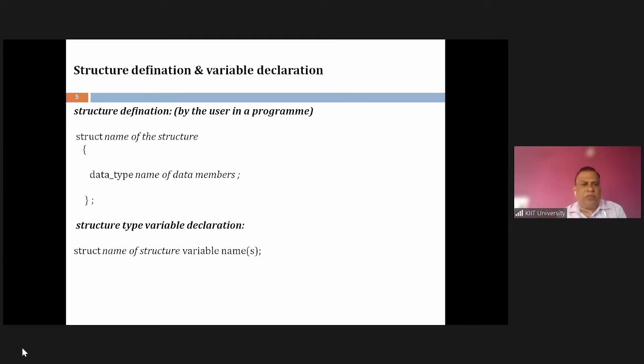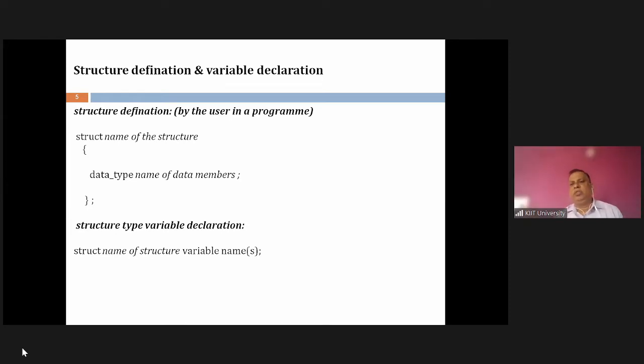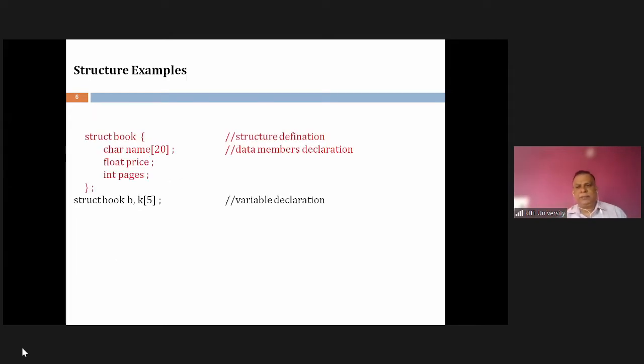So only after defining can I declare my structure variables. And those structure variables will be of this data type. Structure variables are declared by writing struct and the same name of the structure followed by variable names. If one variable, fine, write down the name of the variable ended with a semicolon. If you have multiple variables of the same type, I'll declare the variables separated by commas, ended with a semicolon. For example, look at this. First example.